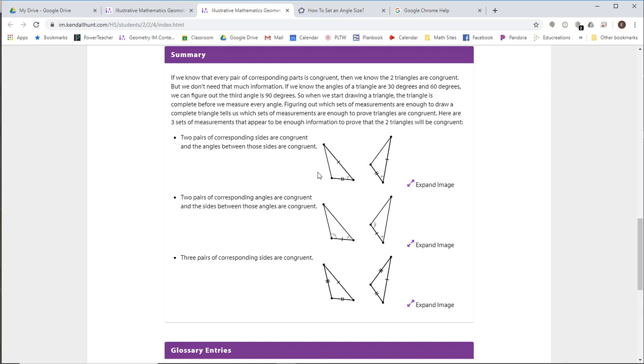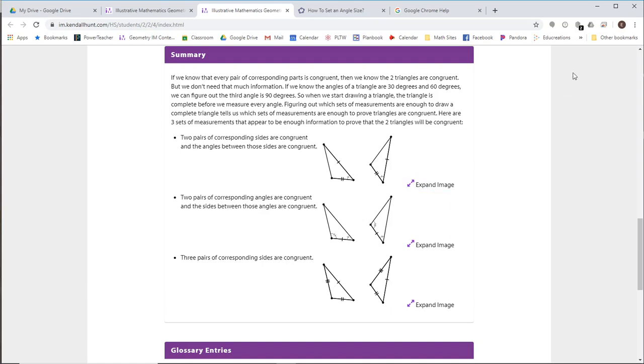This is side, angle, side. As we go around that triangle, it's side, angle, side information. Side, angle, side means triangles are congruent when two pairs of corresponding sides are congruent and the angles between those sides are congruent. That's side, angle, side. The other statement we can make to determine whether or not